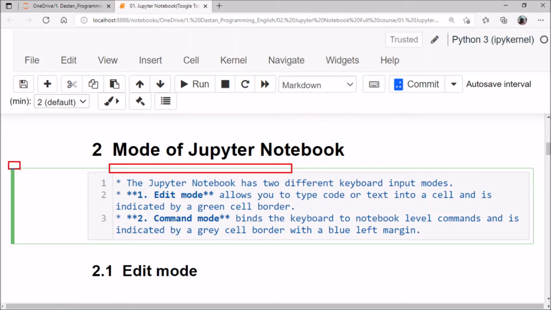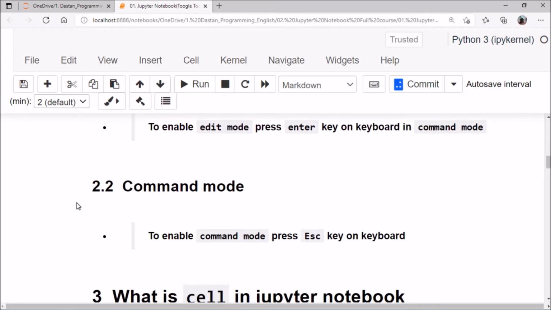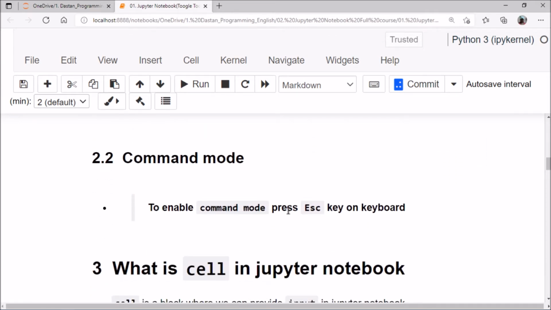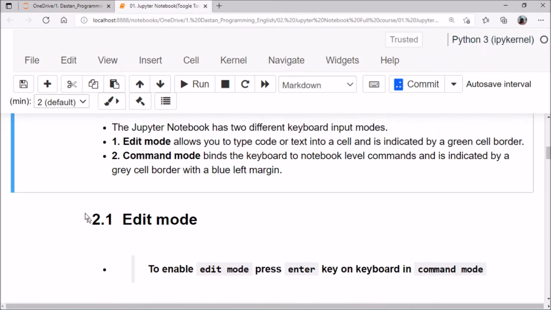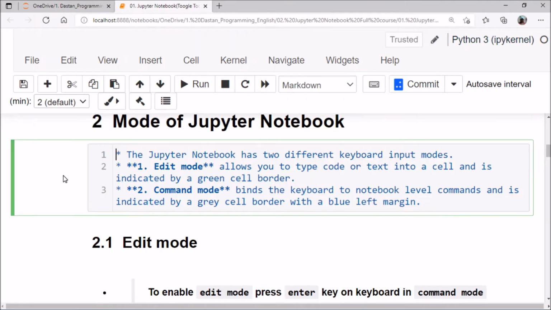Here we can see the green left margin, which indicates this is inside the edit mode. So we understood the two types of mode: one is command mode and another is edit mode. To enable the command mode, just press escape. Suppose this is the command mode already, and when I press enter, it comes inside the edit mode. But if we want to go back to the command mode, simply press escape.